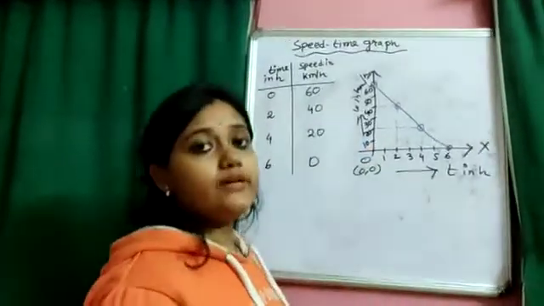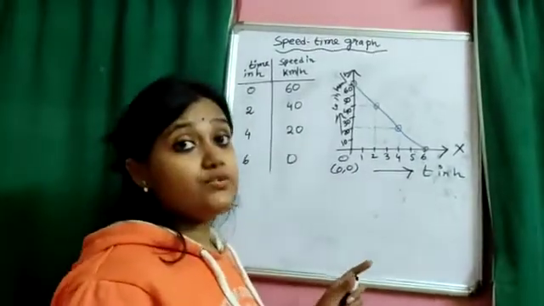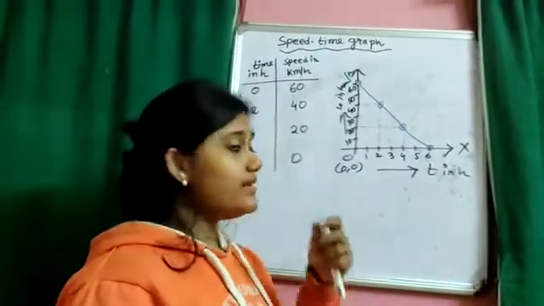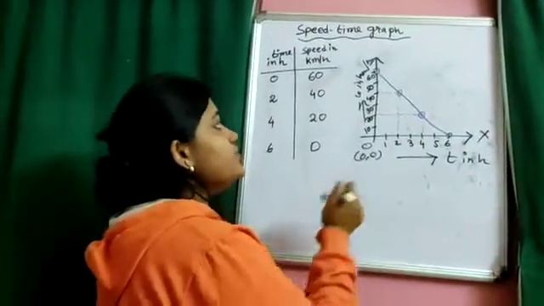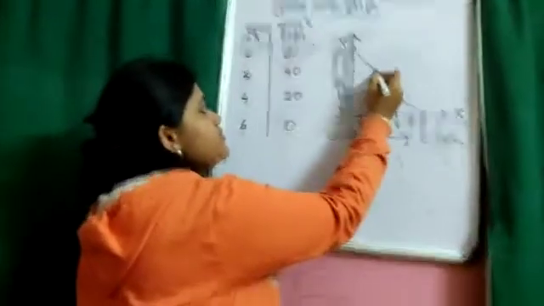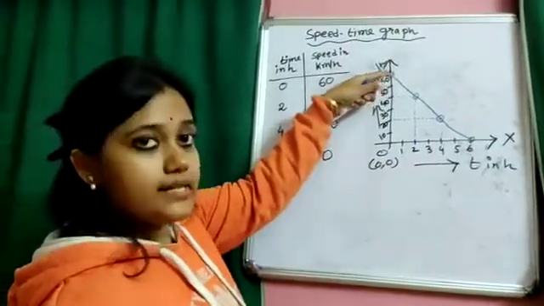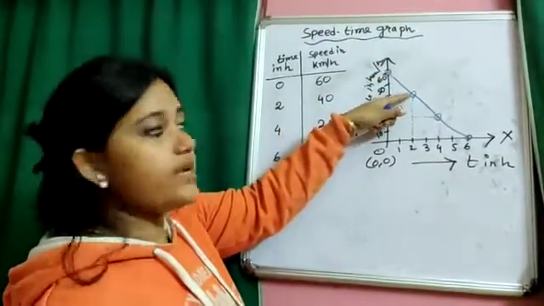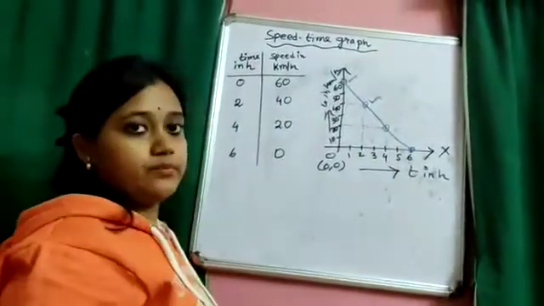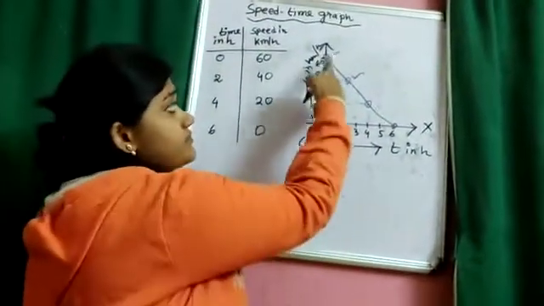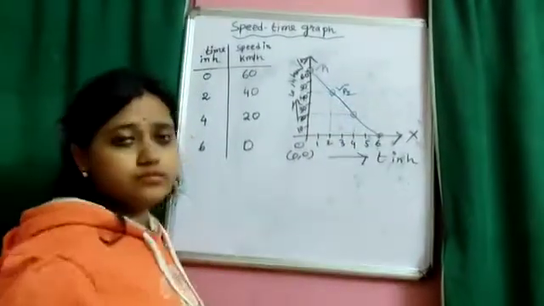So I have told you that to find out the slope, you need to use the formula (y2 minus y1) divided by (x2 minus x1). Now, here which one will be your y2? If I am talking about these 2 points, this one is the initial and this one is the final. So this one is the first one, this one is the second one. This one is point 1, this one will be point 2.